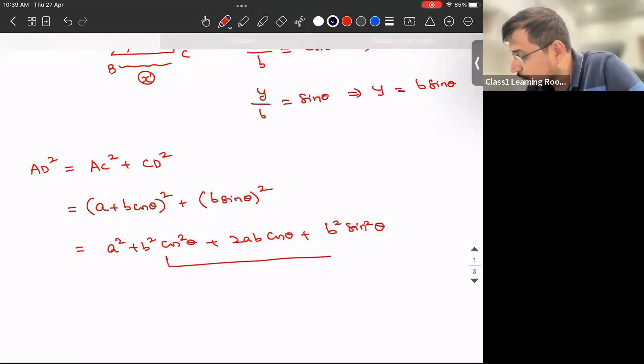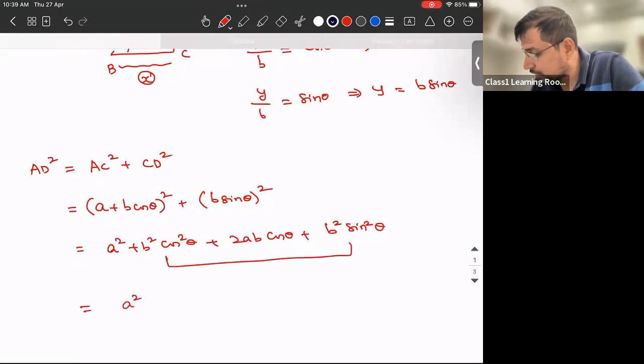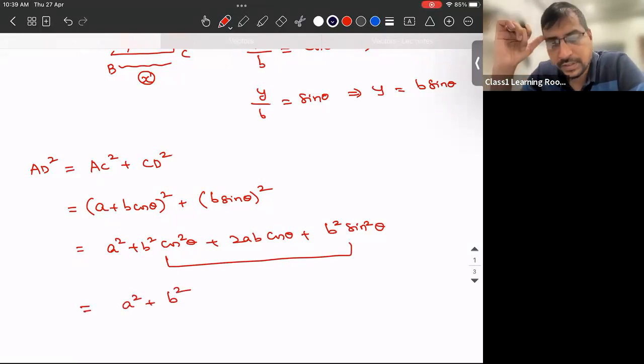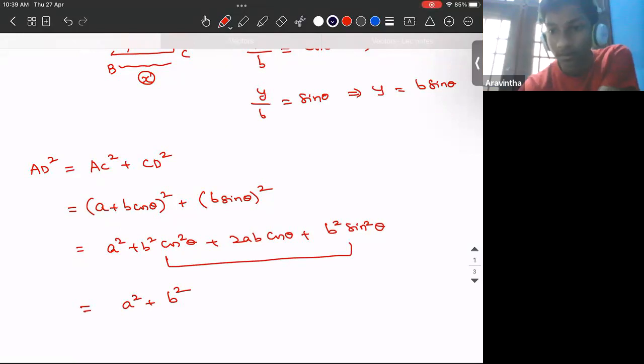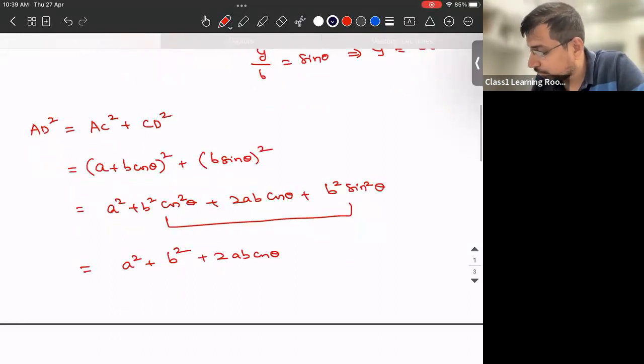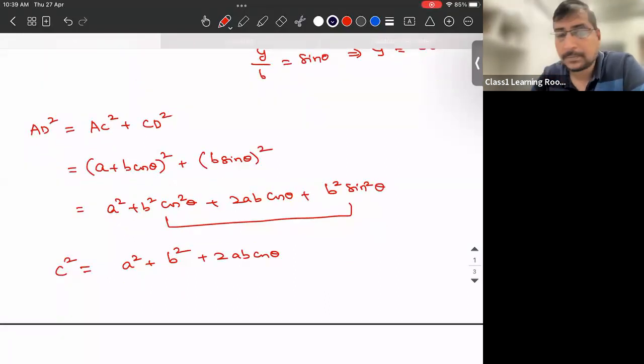So B square cos square theta plus B square sin square theta is going to be B square, because if I take out B square common, I'll have cos square theta plus sin square theta inside, which is going to be 1. So that is why it is A square plus B square plus 2AB cos theta, which is going to be AD square, which is C square,